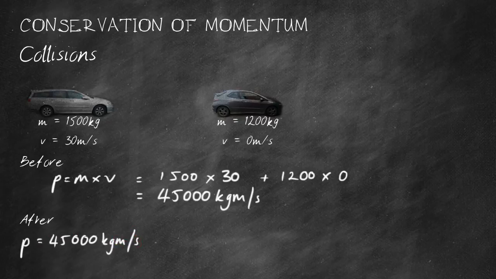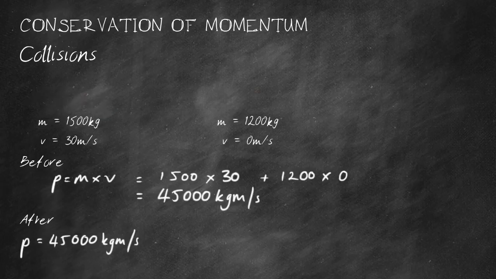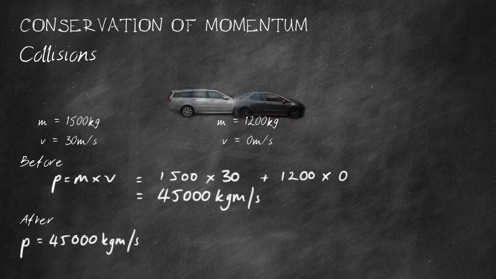But of course some things happened, and they're no longer travelling on their own. They're actually travelling as one combined mass. So if we want to work out what is the velocity of that combined mass, well, then we're going to need to add the two masses together, and because we've got only one unknown, we can work out the velocity. If I rearrange that for v, I get v equals p over m. So the combined mass then, the total mass if you like, is